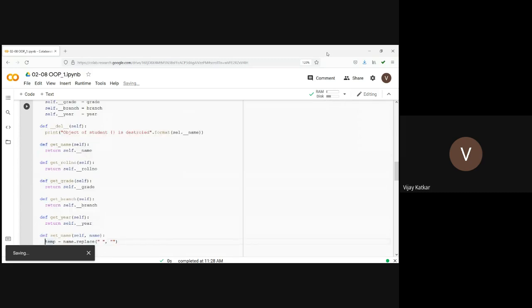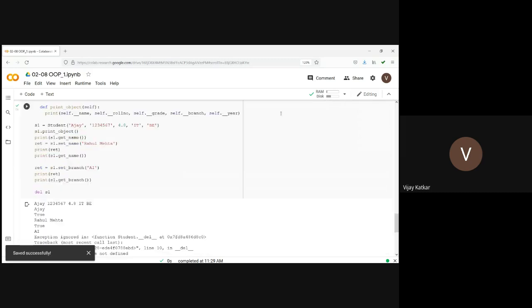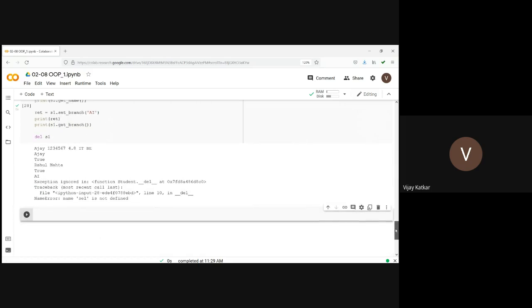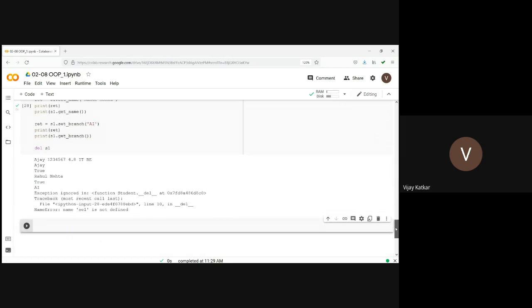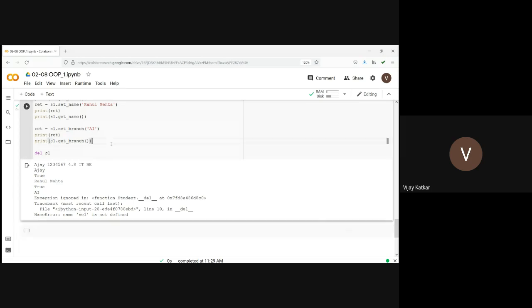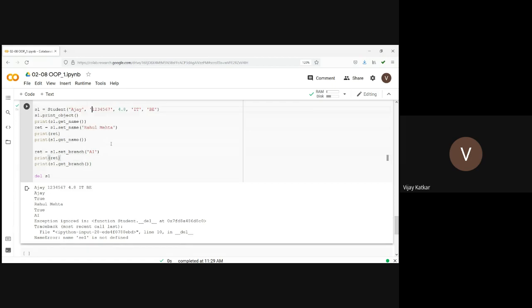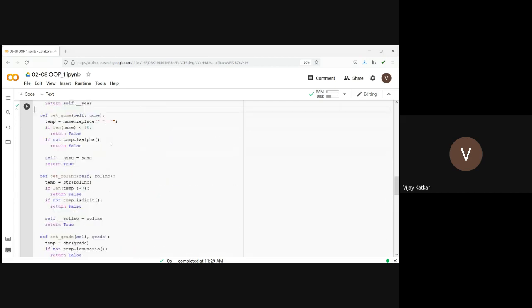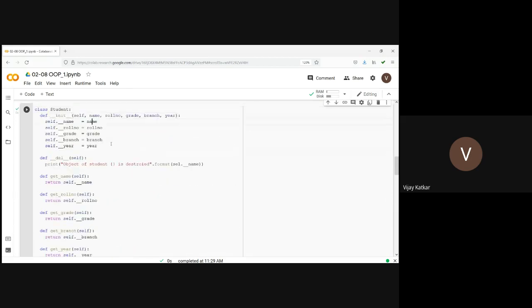Now if I run this code, what happened to self? Exception occurred. The name SEL is not defined. I made some mistake in the destructor.